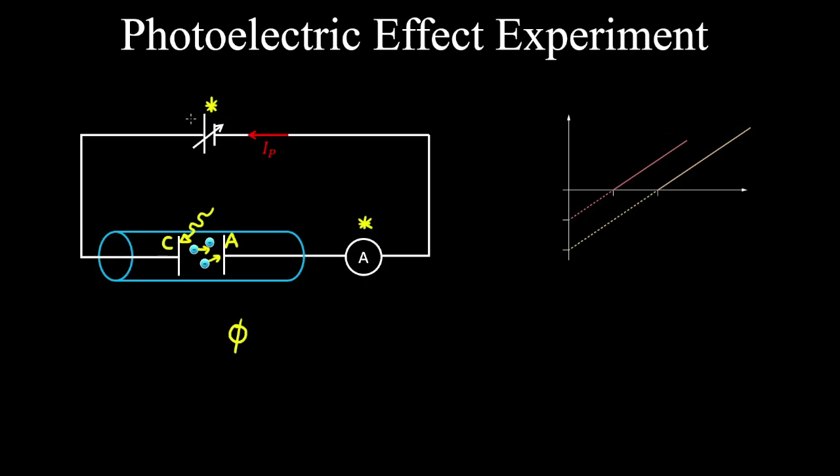Now if the potential difference between these two plates is adjusted, the potential difference creates an electric field between these plates. Noting the Coulomb force on the electrons is equal to the charge of the electron, which is negative, times the electric field. This force would act to pull the electrons to the left, and therefore we adjust the potential difference between the plates until no current is measured in the circuit.